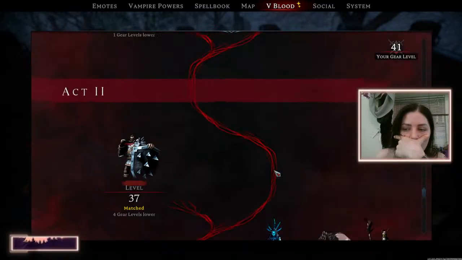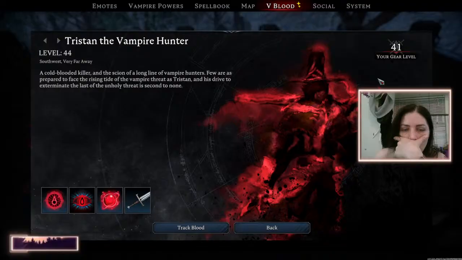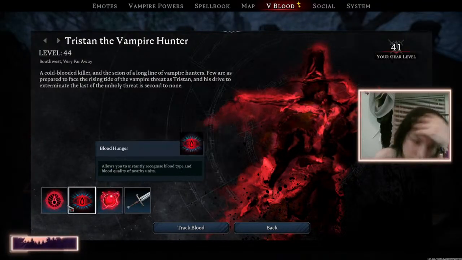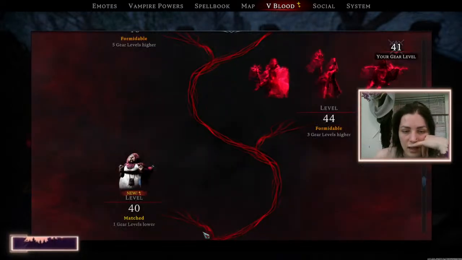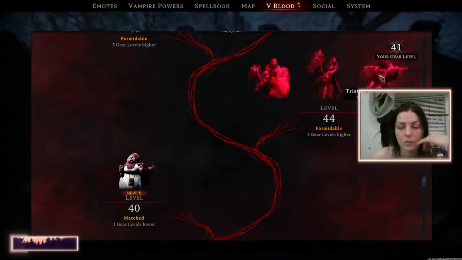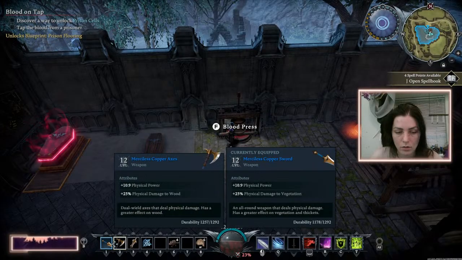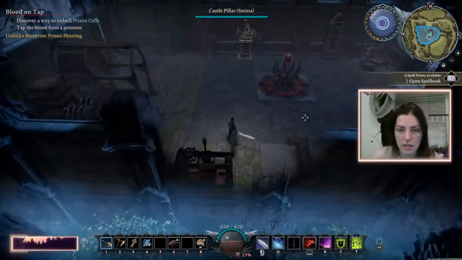Tristan the Vampire Hunter unlocks that, doesn't he? He does. Oh. I think I have to get that guy, you guys. He's hard to fight too. I'm gonna have to level up more. I don't think I can face him currently. I think I need like